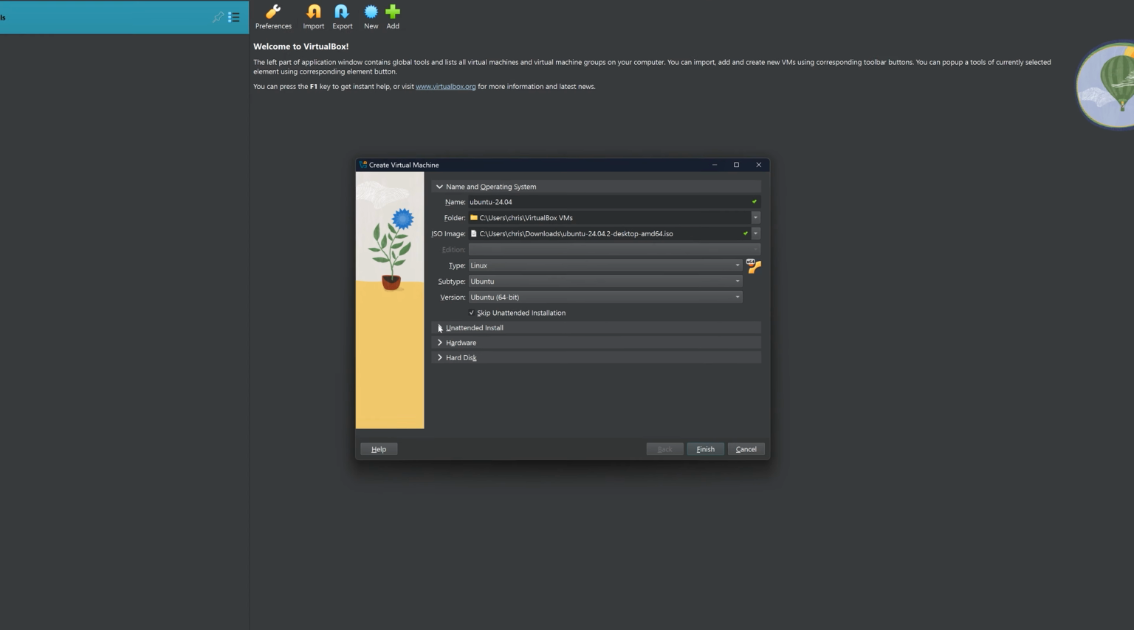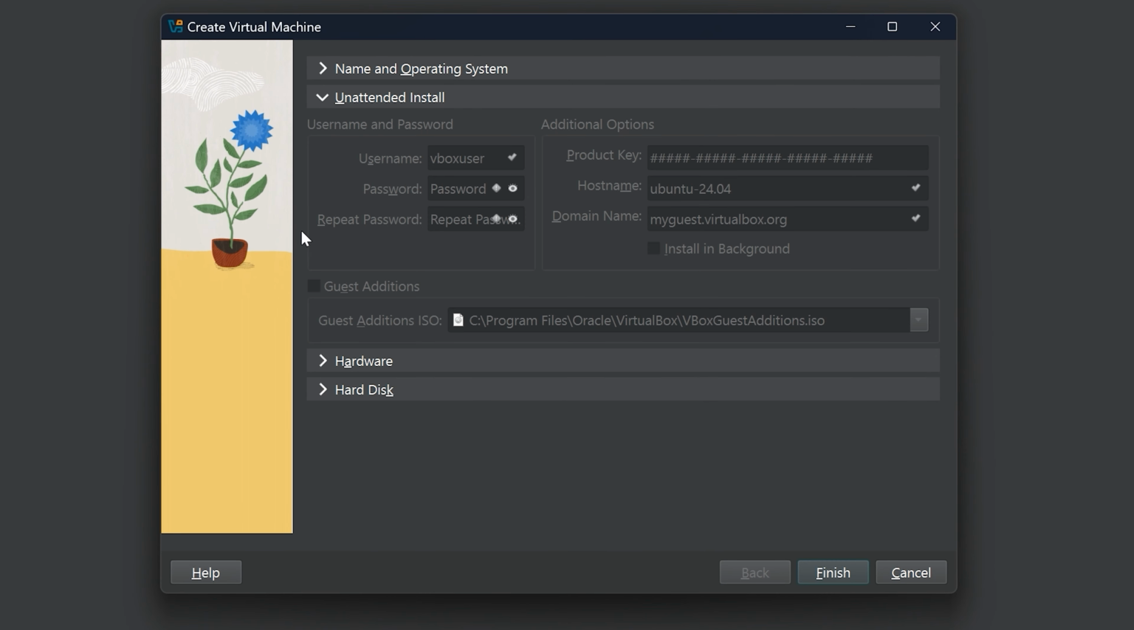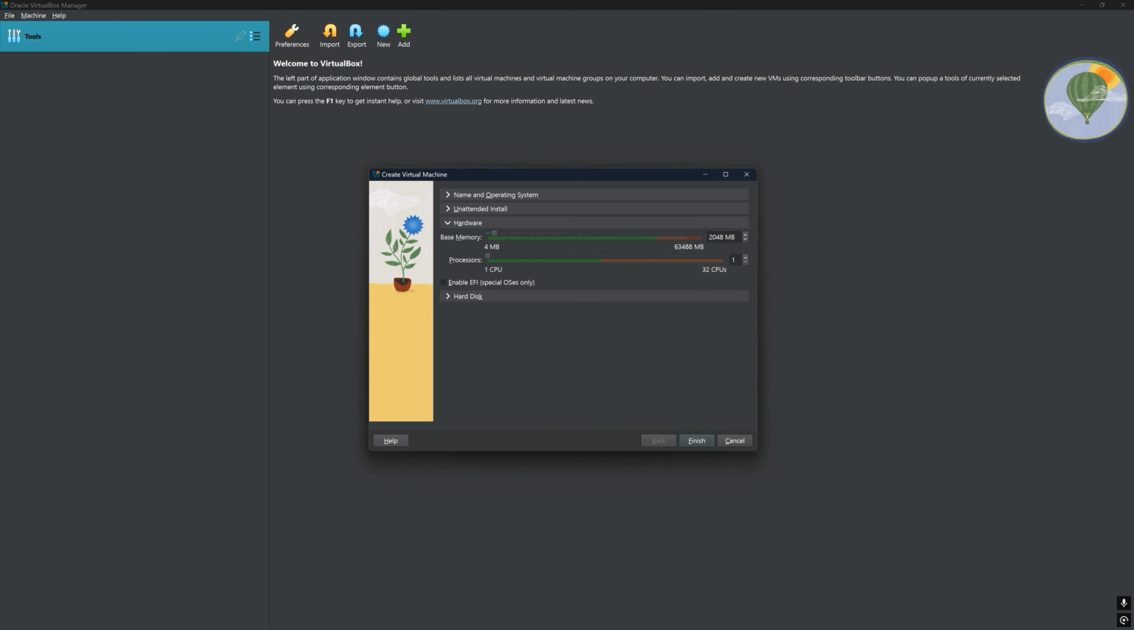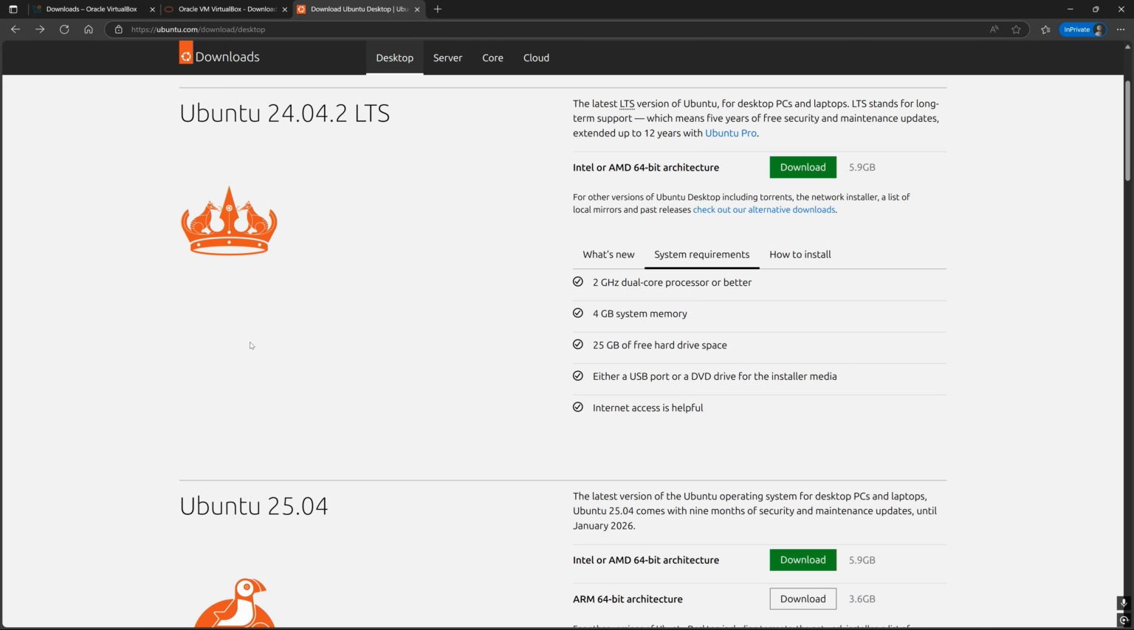Then either expand this unattended install section or click the next button on the bottom right corner if you don't see all the sections on my screen. Everything in this section should be grayed out or read only. Don't worry though, we will set a username and password as well as install guest additions later on in the video. So move on to the hardware section or click next again, and according to the Ubuntu website, the minimum